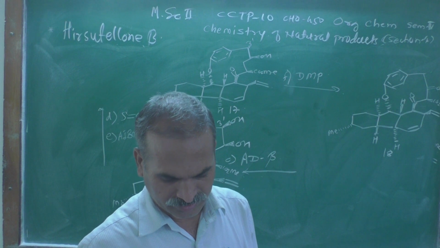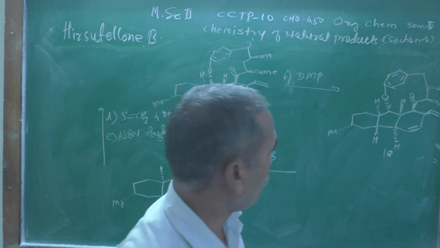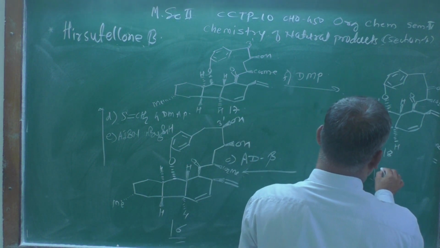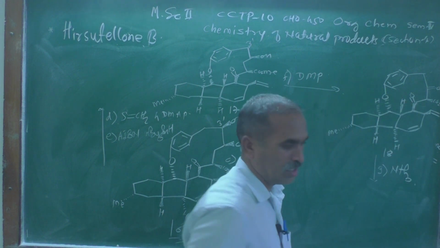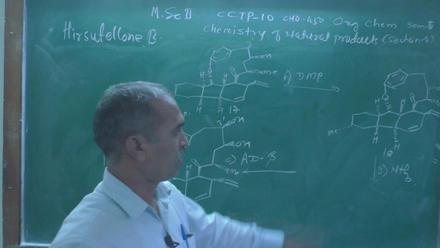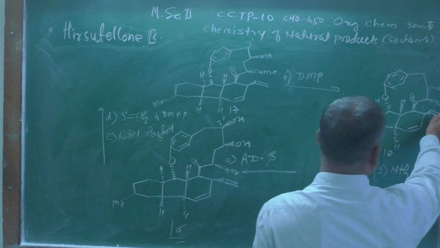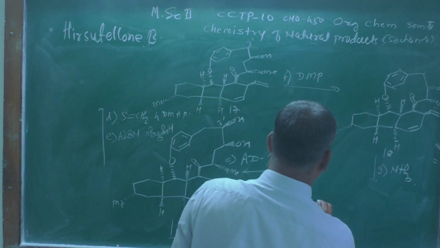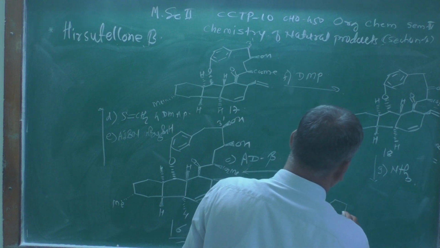And after structure number 18, when this is treated with a reagent like NH3, ammoniacal, or liquor ammonia, what is going to happen over here? The ester group is going to convert into something else. So let us draw the structure that we are going to get here.